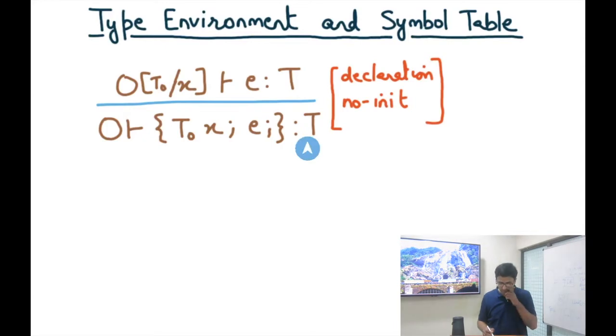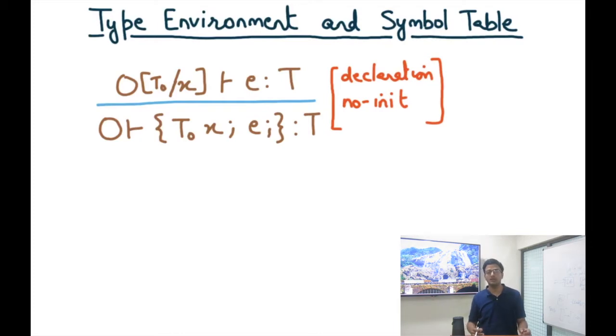Now, if I was to implement this, I would basically need to descend down the tree and update the type environment whenever I enter a new scope, because the new scope will have declarations, and based on the new declarations I will update the environment. And then when I exit the scope, I need to get rid of the extra stuff that I had added when I had entered, because now when I exit the scope I'd want to forget that mapping from X to T0. Now this looks very similar to the same structure of a symbol table.